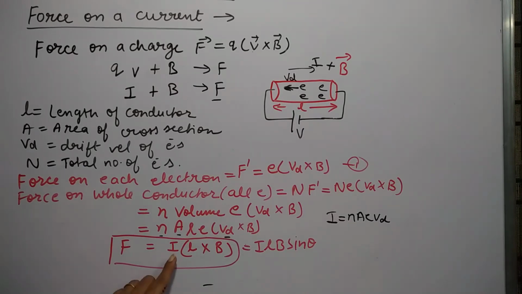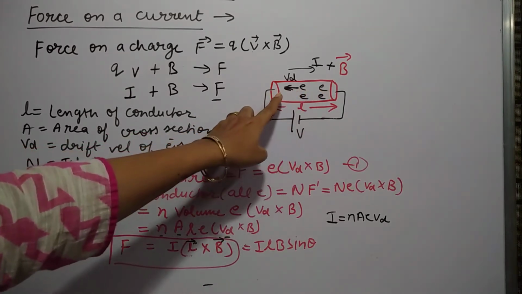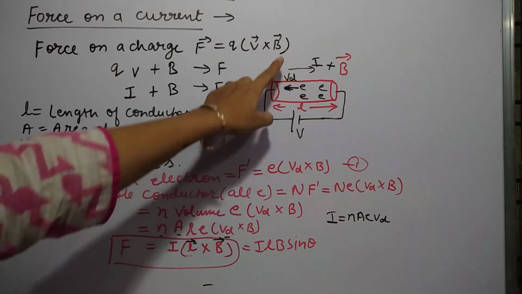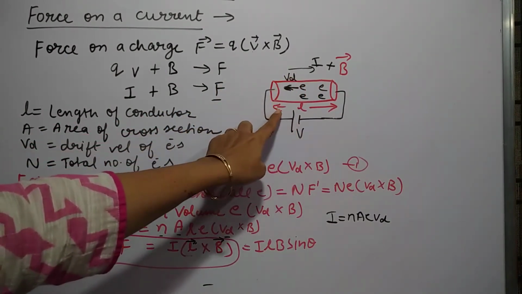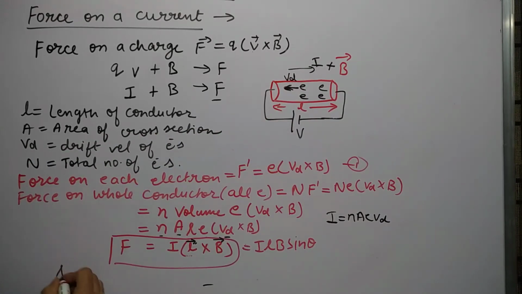Now you can see here current is taken out because it is a scalar quantity. Here we need the cross product of vectors, so L vector and B vector. So I should put the vector symbol here, vector notation. Now in the vectors, what is the meaning of this L vector? L is the length of the conductor, but how to assign direction? The direction of the current is the direction of the L vector. So we should write here that L vector is the length vector in the direction of current.